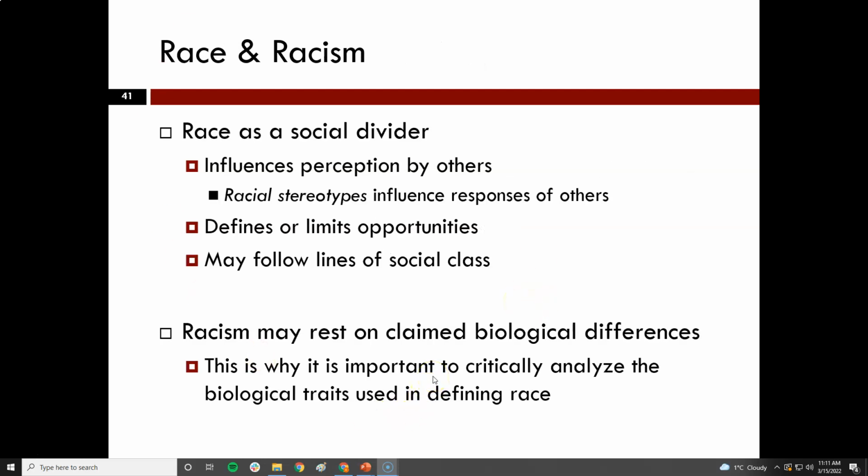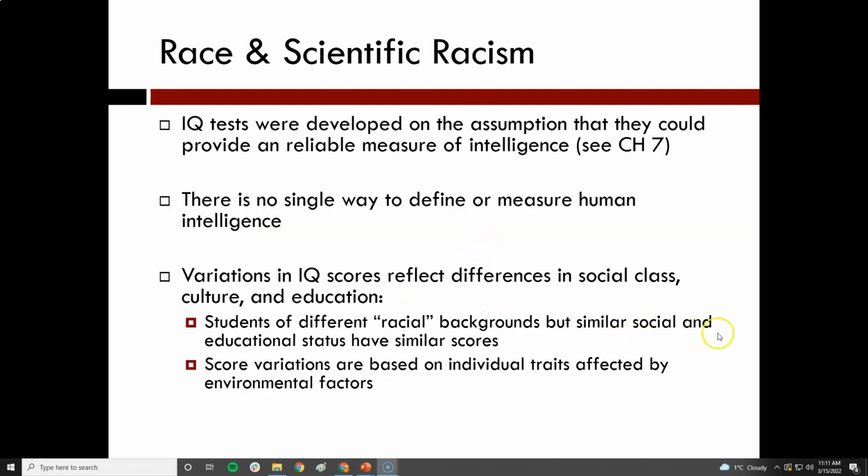Now, the reason why anthropologists care about race has a lot to do with how race is used as a social divider, right? It's one of the ways that we construct difference, and it influences the perception and interactions between various sorts of groups and results in racism. And unfortunately, because of the scientific attempts to classify people on the basis of race, this history has persisted in other ways that we have examined difference between various populations. IQ tests, for example, have been heavily influenced by racial classification systems,